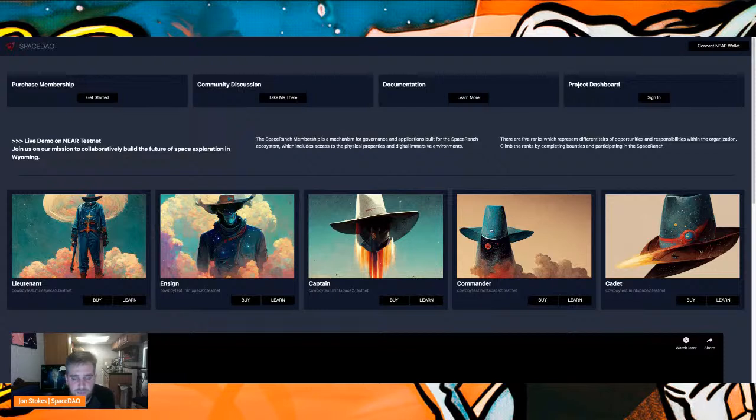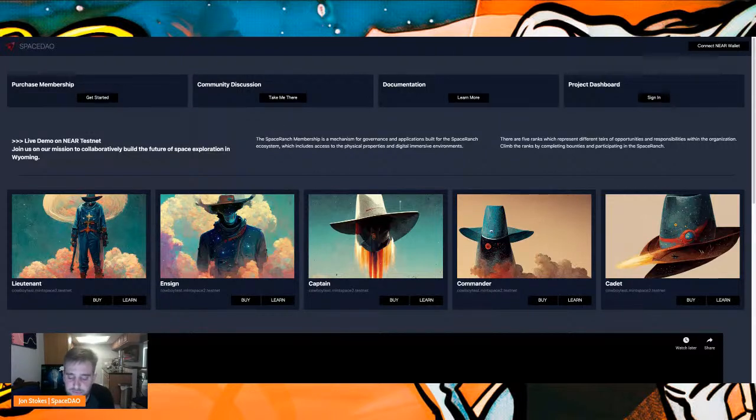I feel like the SpaceDAO project is really pushing the frontier for what's being referred to as DAO 4.0, where we're seeing more complexity within these membership mechanisms, participation with bounties, and how we're able to evolve work, and really push the boundaries of what these DAOs are capable of.